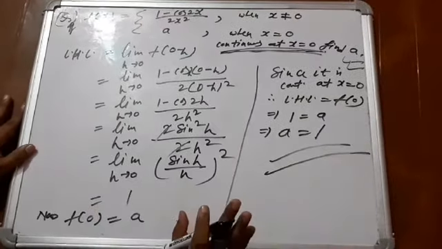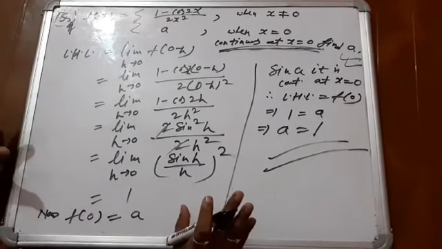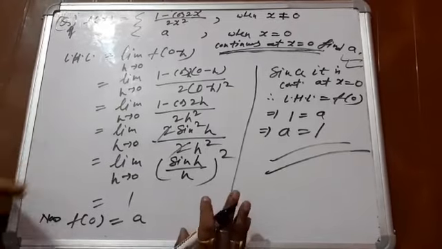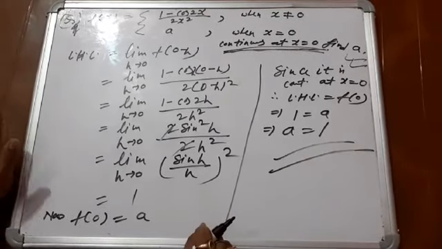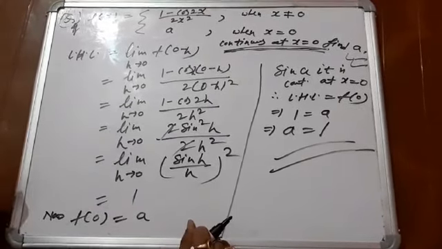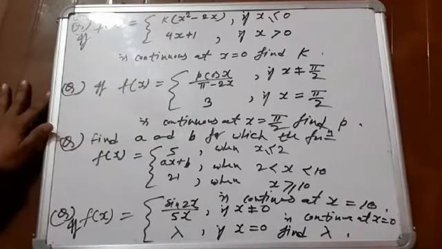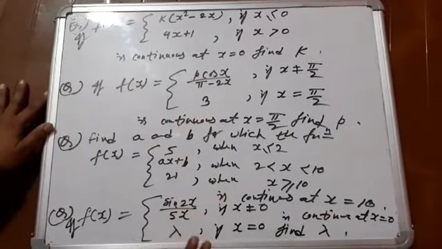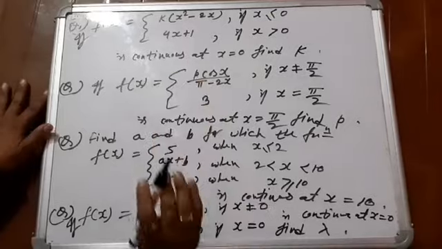Understood that topic? Okay? Now I am giving you 2-3 questions on this portion. You just solve and then send to me through WhatsApp. Okay. Now I am giving some problems to you, to find the value of unknowns if the function is already given continuous. Let me dictate the things first.